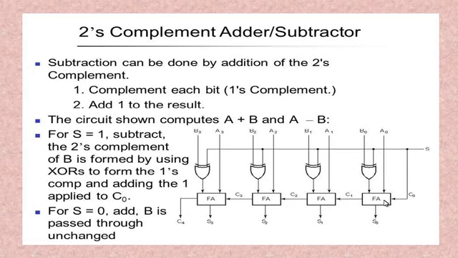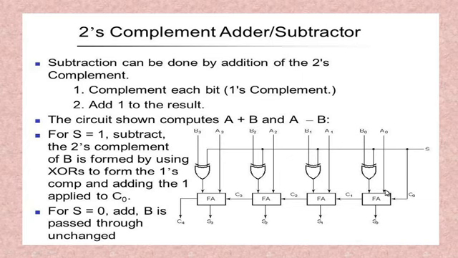In the previous diagram, there are only 2 LSBs present. Therefore, a half adder is used in the previous topic, that is the 4-bit binary adder. Is that clear, students? So let us remember that instead of a half adder, you have to use a full adder block here. Now, why are these 4 XOR gates used here? In the last topic, we learned that these 4 XOR gates perform the function of one's complement, and this one's complement is added to this full adder.